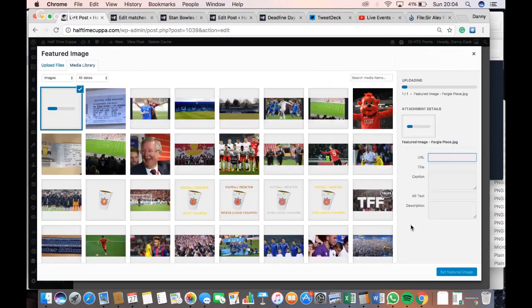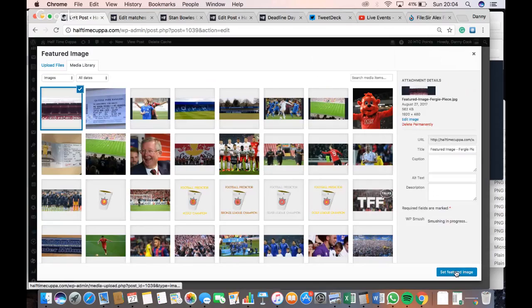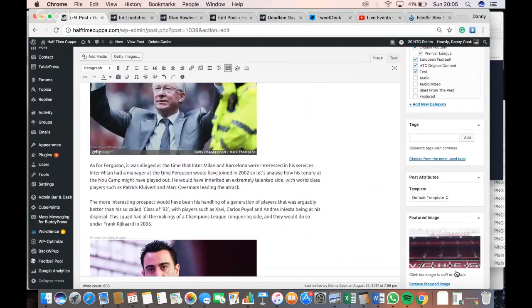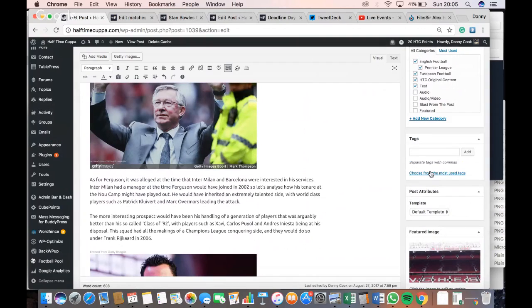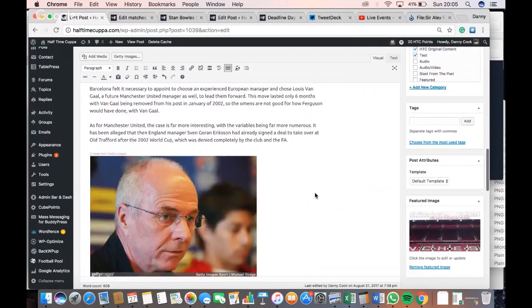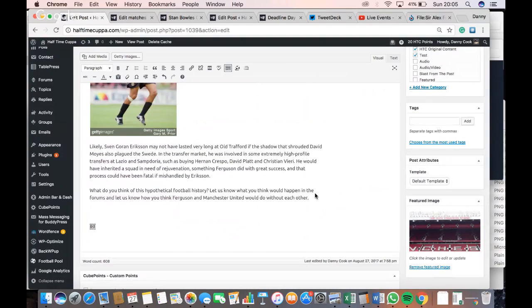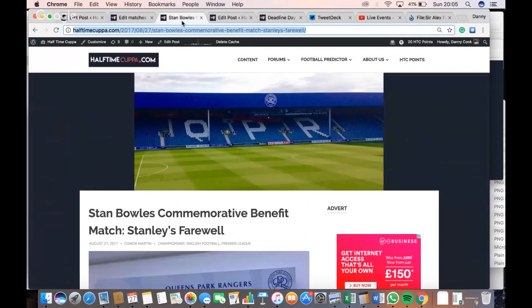Okay, once that's up, good. Obviously, you can change it. For now, just for the purpose of this, it might be different when it comes to actually publishing this piece, but for now, I've just gone with that. The next thing in terms of featured image we need to address is the actual bit at the bottom of the piece. Now, let's go to